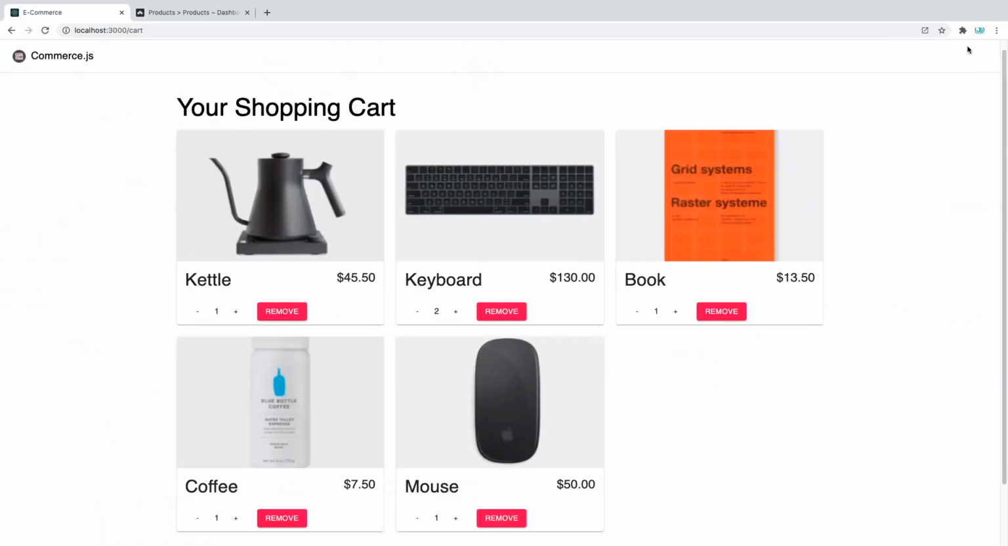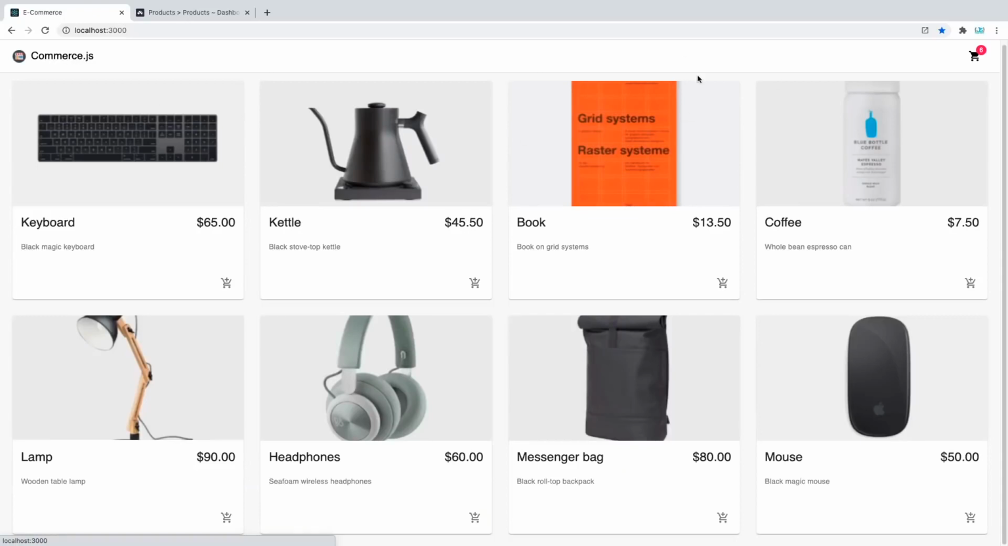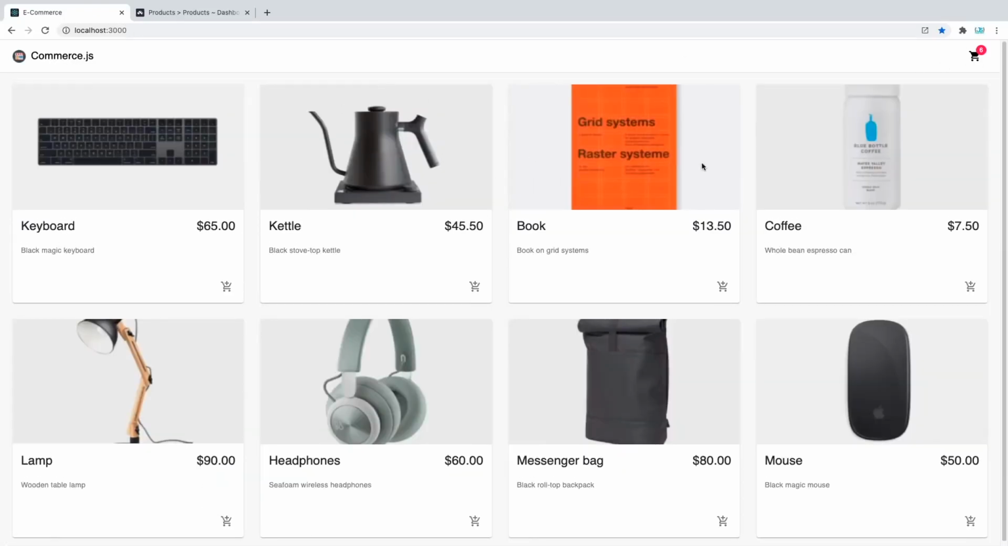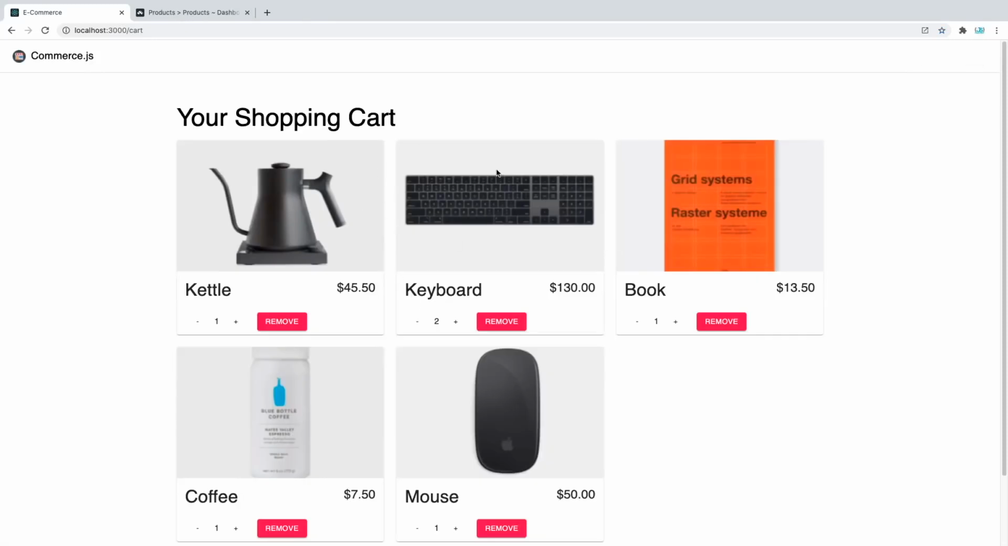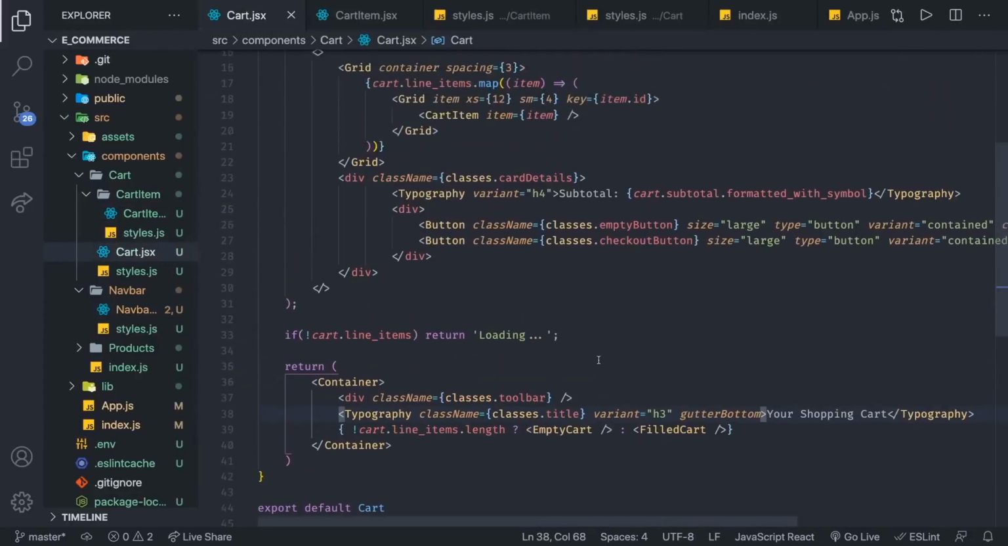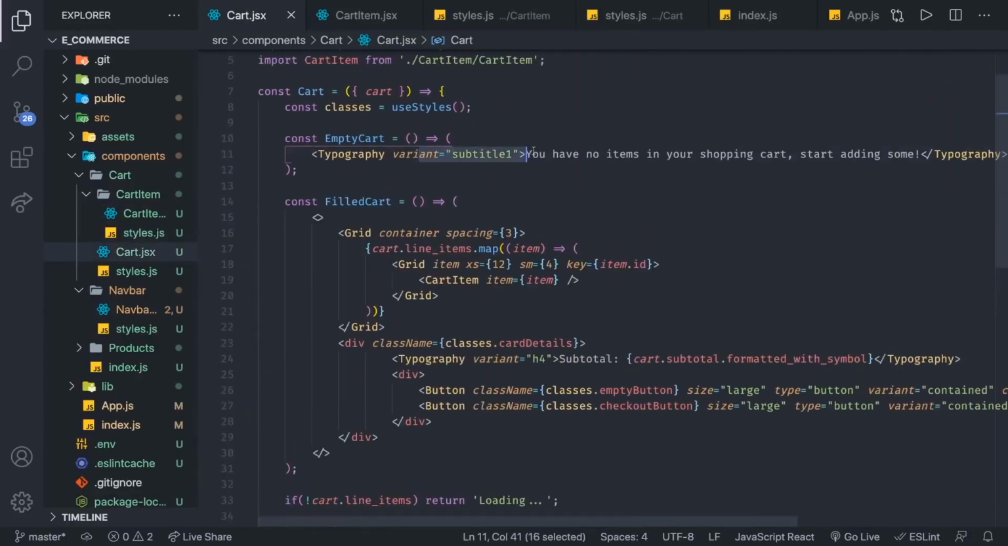There we go, we're on the cart and there is no cart button. If we go back, the cart button is there. One more thing I want to do is, we cannot see it right now, but if there are no items, I want to add a link here saying go back and add some items and then come back. To do that, we have to go to the cart, and then inside of here, where we have cart empty,